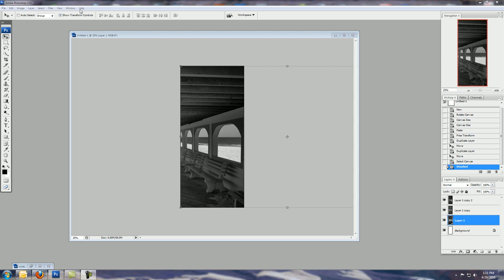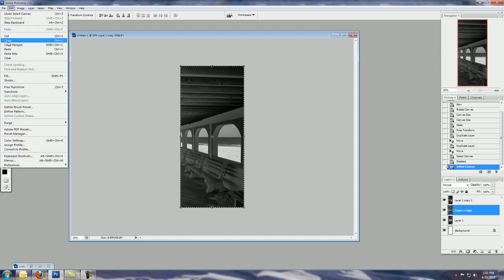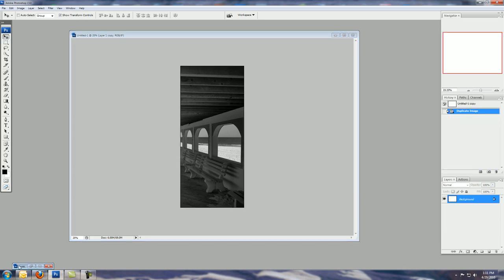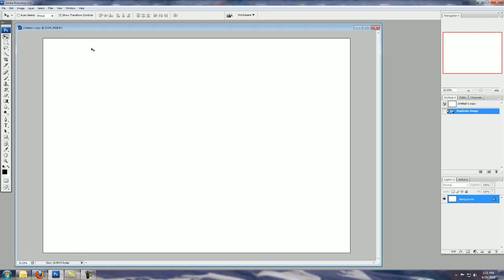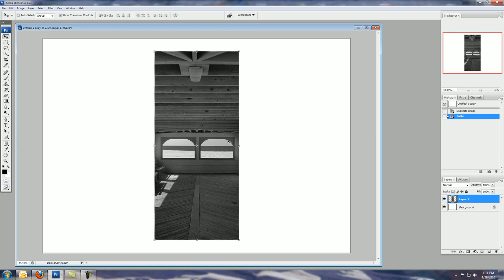Okay, so I have my image. I'm on layer 1. Actually, I'm going to go to the middle layer, and I'm going to go up to select all, edit, copy. Now I'm going to go down to this image that we made, the duplicate, so I'm going to fire it up, and I'm going to go edit, paste. Now notice it puts it right in the dead center, which is perfect for me because that's exactly where I want it. Then I'm going to switch back over to my other document,